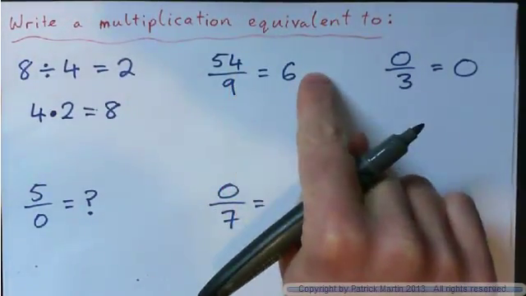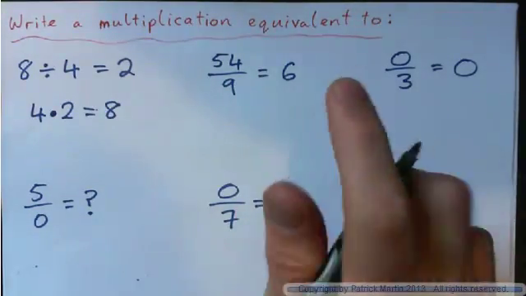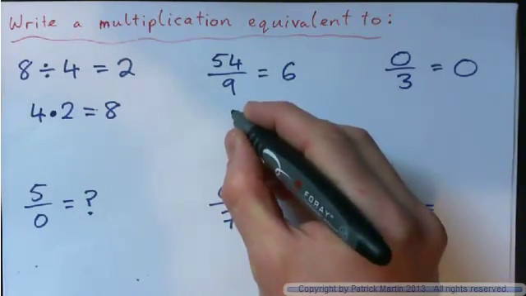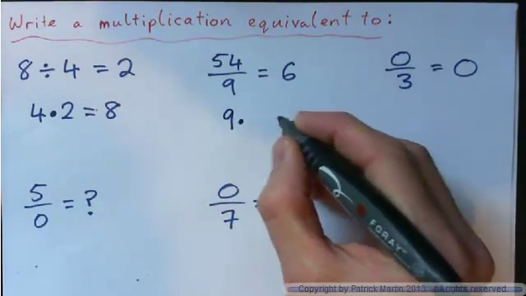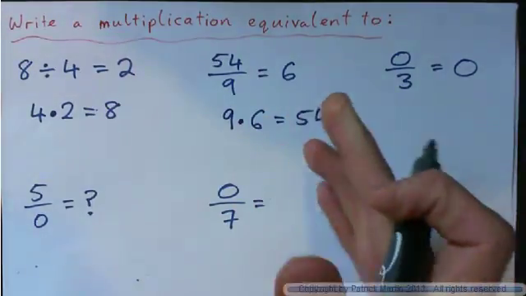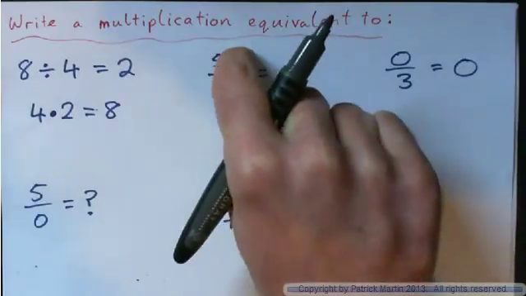So what's an equivalent multiplication for this guy? 54 over 9 equals 6. You could write 9 times 6 equals 54, right? If this divided by this is this, that means these two numbers multiplied must give the original number,